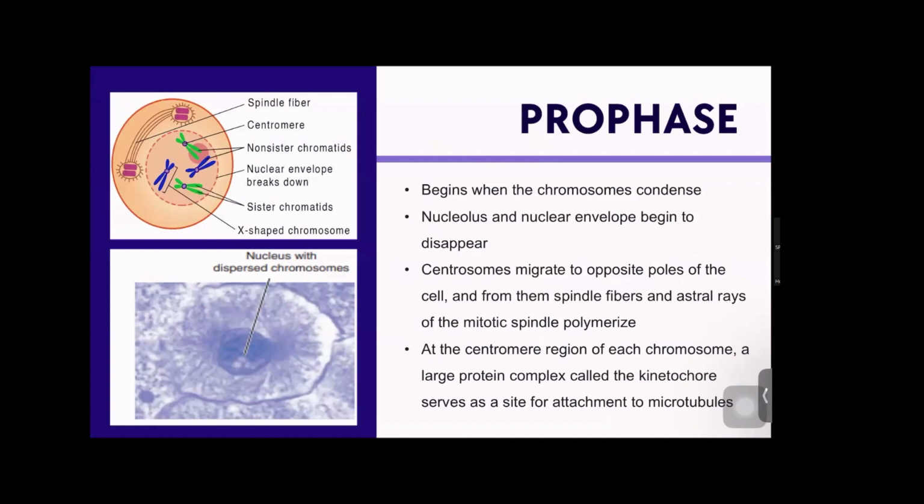During prophase, class, our chromatin condenses into visible chromosomes. Here, the nuclear membrane breaks down, causing the nucleolus and nuclear envelope to start disappearing, hence allowing our chromosomes to move freely. Our spindle fibers, the protein structures of our cell, begin to form, attaching to chromosomes at the centromere to help pull chromosomes apart during the next phases. So why is prophase important? It's because prophase prepares your chromosomes for proper alignment and separation.